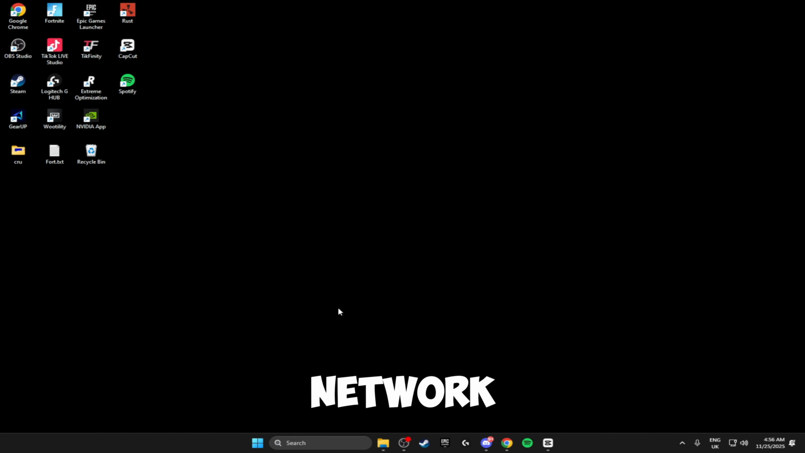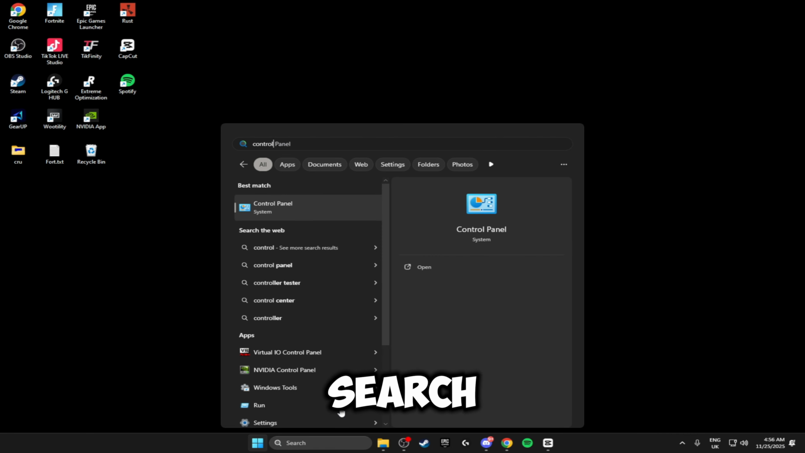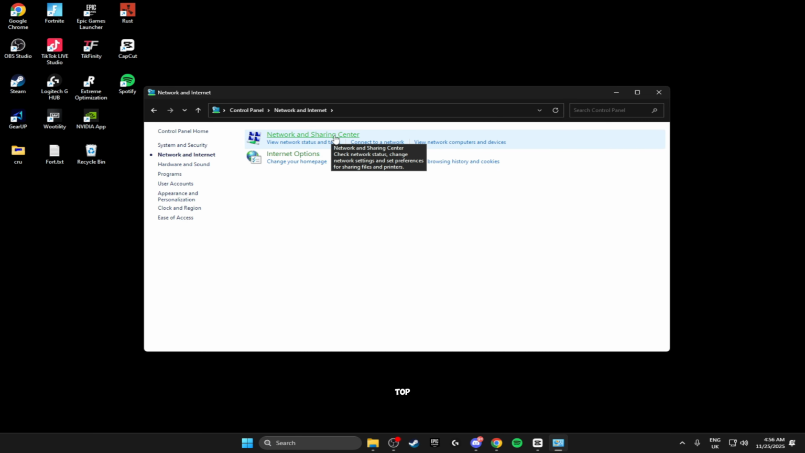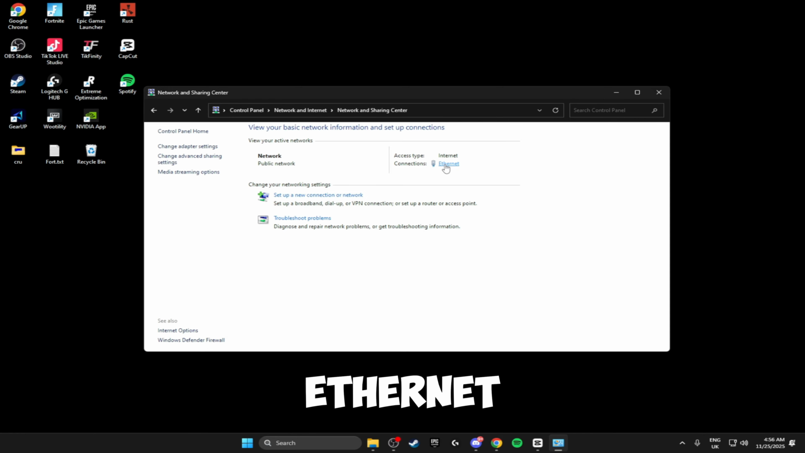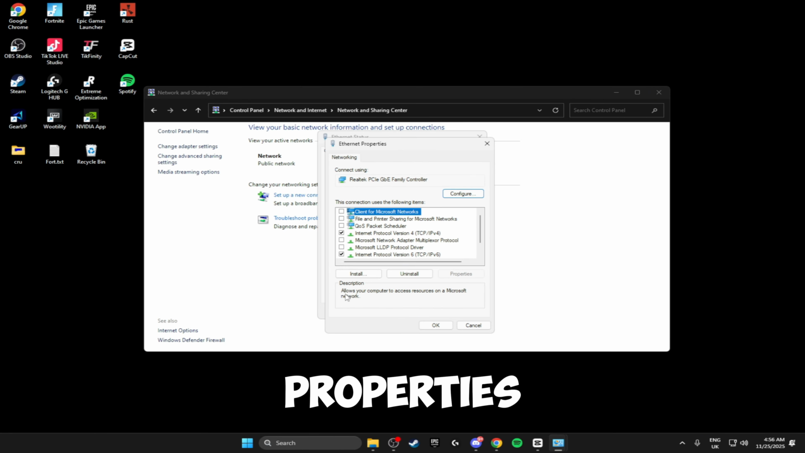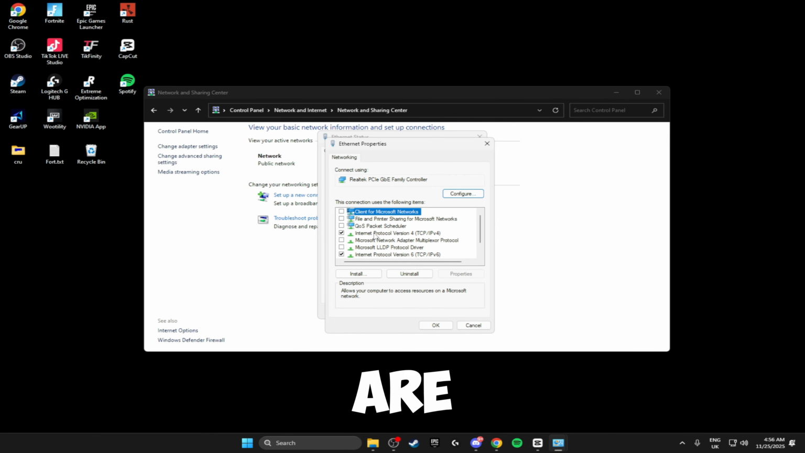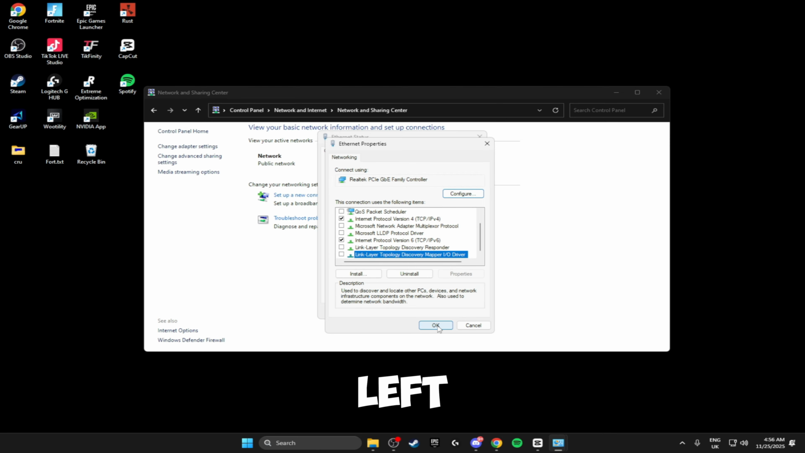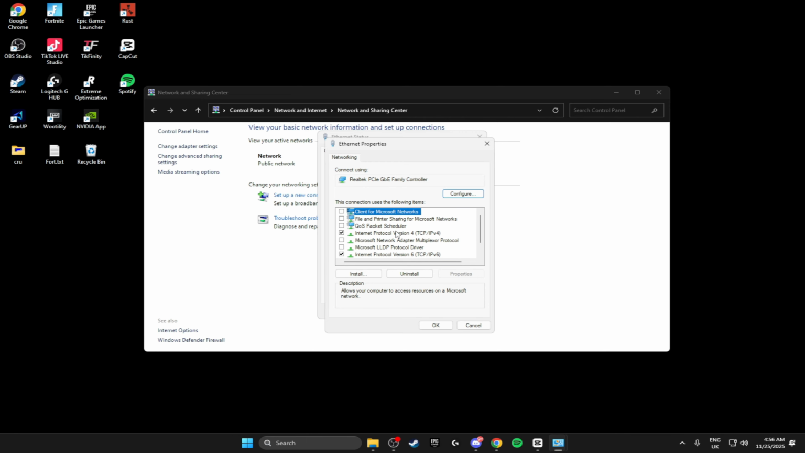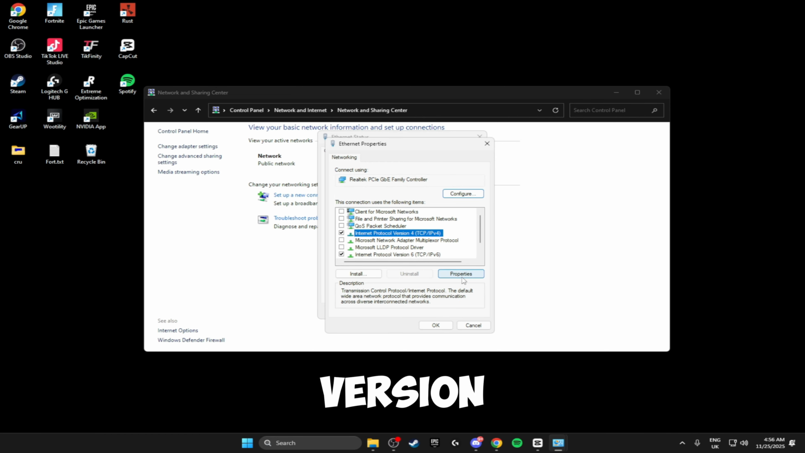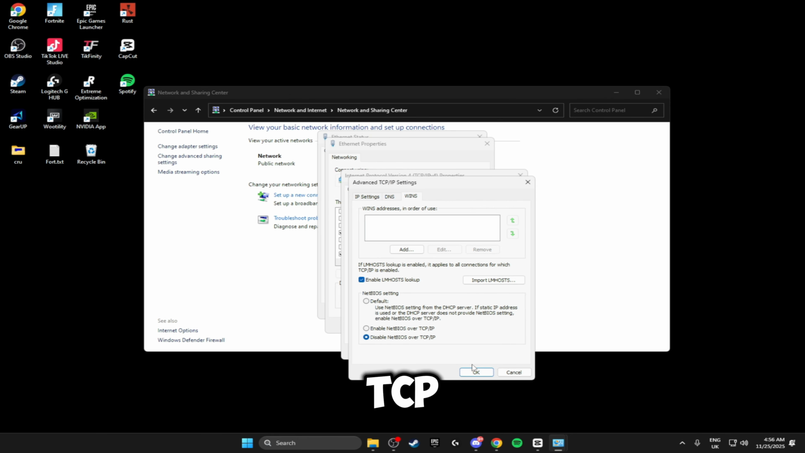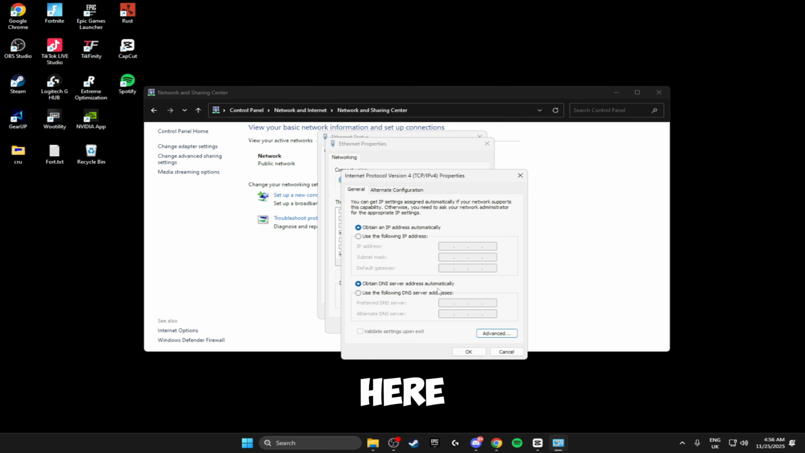Now we're going to be getting the best network settings for our computer so we can get the lowest ping possible in game. So the first thing you want to do is search for the control panel and open this up. Head over to network and internet, click on network and sharing center at the top. And right here where it says Ethernet or your Wi-Fi, you want to click on here, click properties. And the only two things you need selected inside here are Internet Protocol version 4 and Internet Protocol version 6. So anything else, just untick it on the left, click OK. Then you can open back up the properties. And the next thing we're going to do is click on Internet Protocol version 4, click onto properties, click advanced, head over to Wins and disable NetBIOS over TCP/IP, click OK,